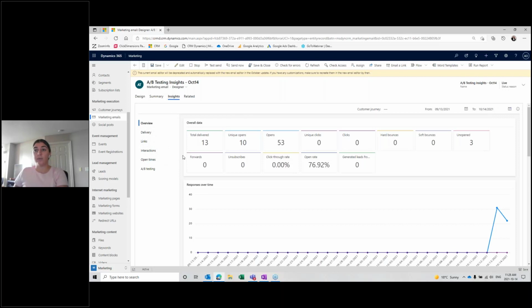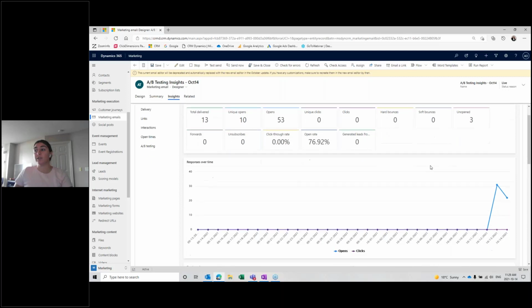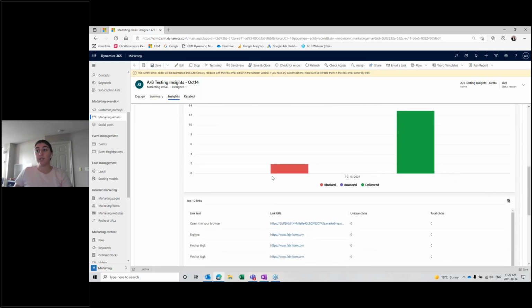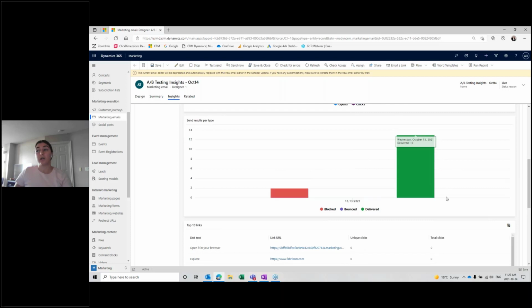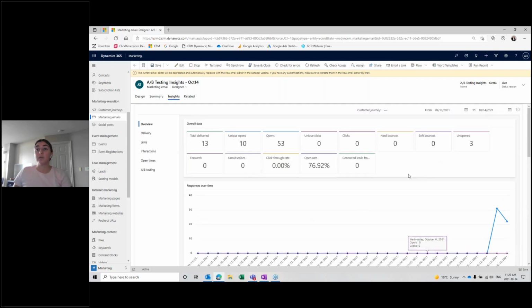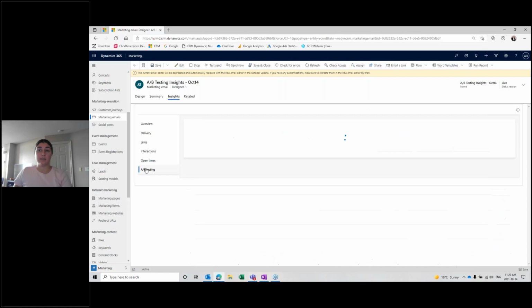What is unique about this one is the A/B testing feature. So just a quick overview. Here we can see total delivered with 3 emails that were totally delivered. 10 were unique opens, so 10 individual people opened the email. 53 opens in general, so obviously those 10 people opened the email more than once, and so on and so forth. We can go through and see all this great insight and great information. This is the same information we saw over on our customer journey. But what I'm really interested in is our A/B testing